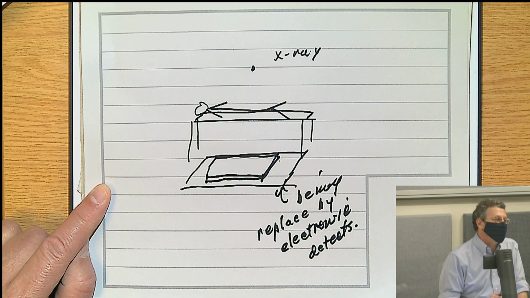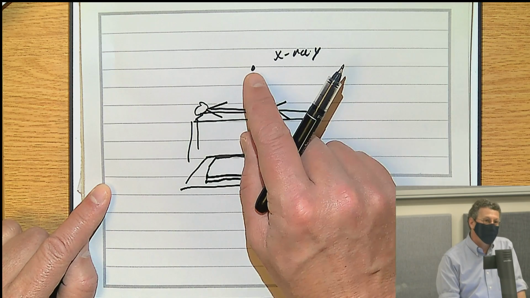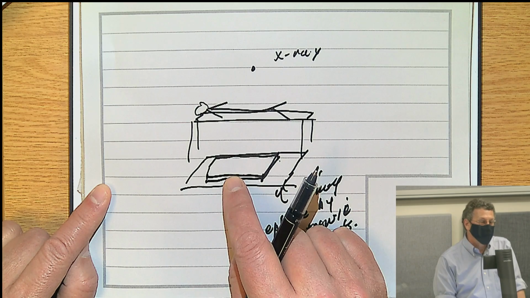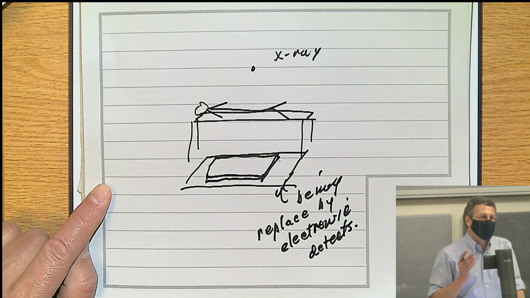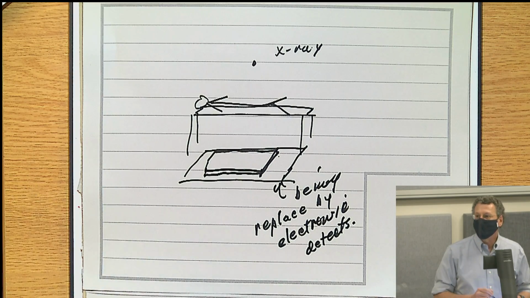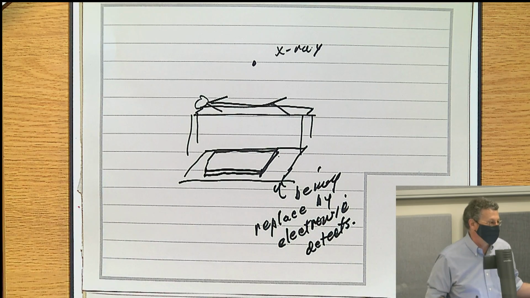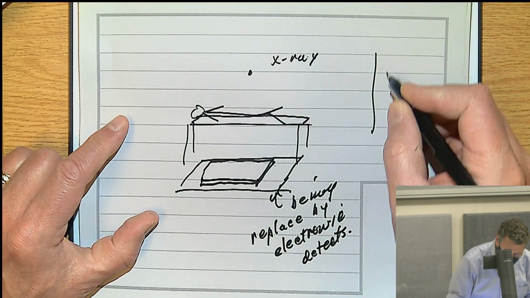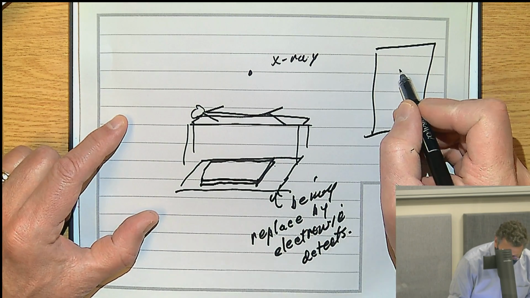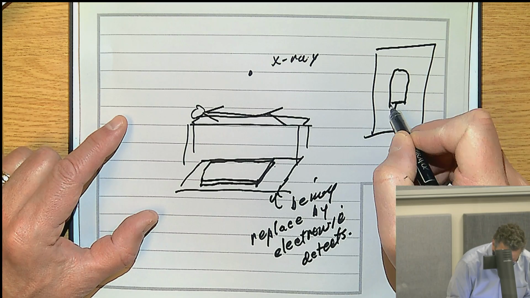So you slowed those photons down enough that you can detect them on the CCD. Or sometimes they'll hit the crystal, like in a photoelectric effect, and emit electrons that will get detected. The point is you need something to slow the X-rays down, otherwise they'll just blast right through the thing, okay? So then you get an image, and the image kind of looks like this, using my great artistic abilities.